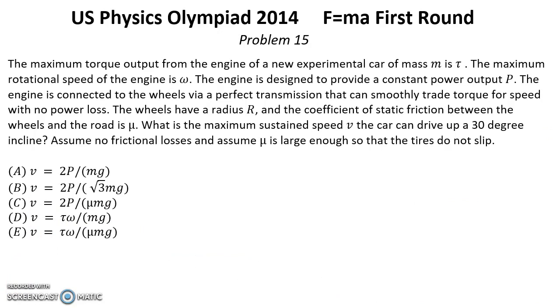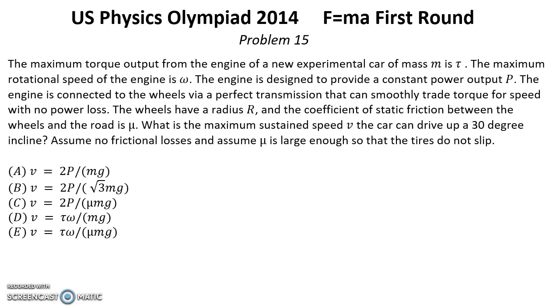Problem number 15. The maximum torque output from the engine of a new experimental car of mass m is tau. The maximum rotational speed of the engine is omega. The engine is designed to provide a constant power output P. The engine is connected to the wheels via a perfect transmission that can smoothly trade torque to speed with no